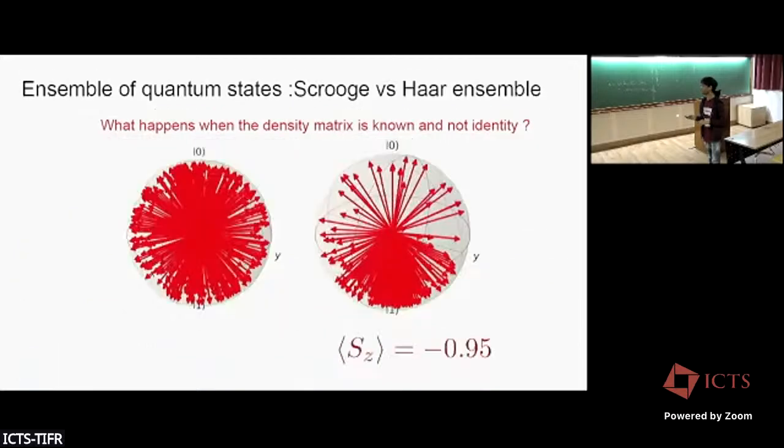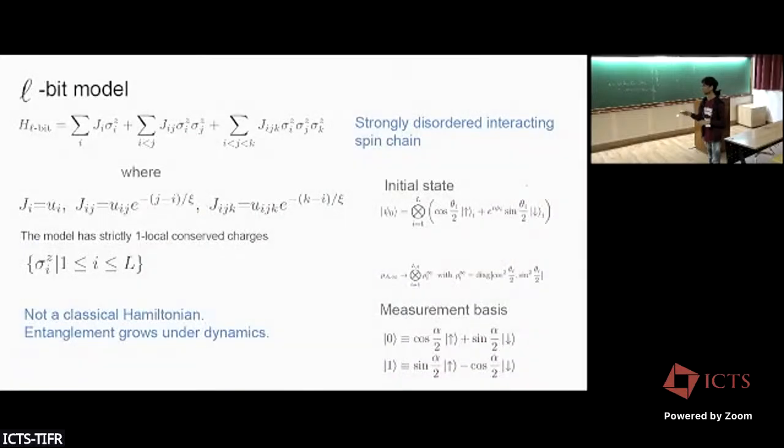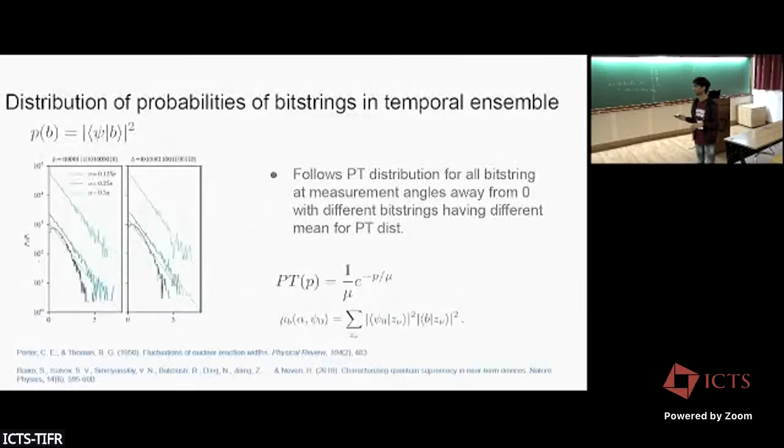Oh, okay. Yes, in the measurement basis, cos alpha by 2 plus a phase term. It will not affect the results in this case because the measurement outcomes will not depend on this phi. The probability of getting individual bit strings, this P_B quantity, will not depend on phi once you do the sampling.